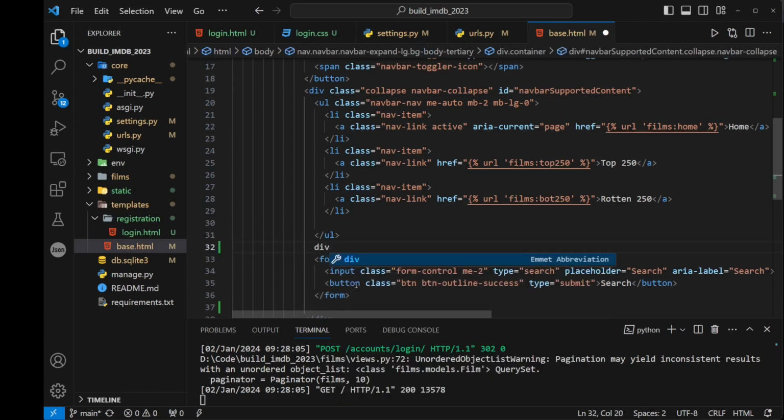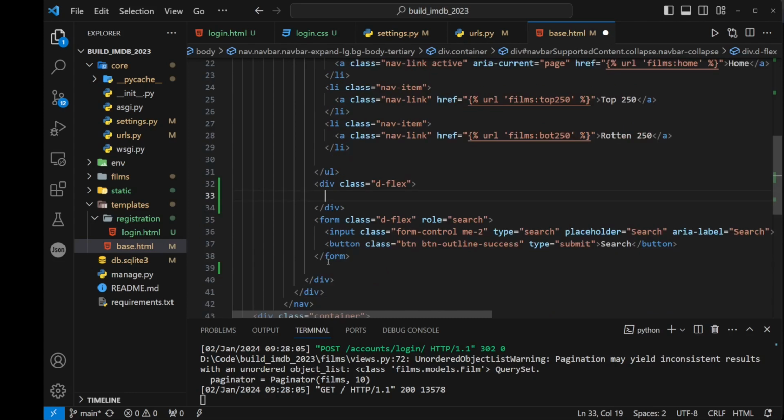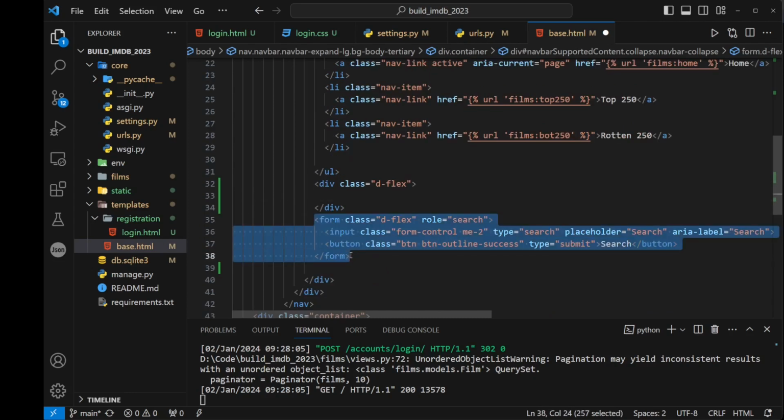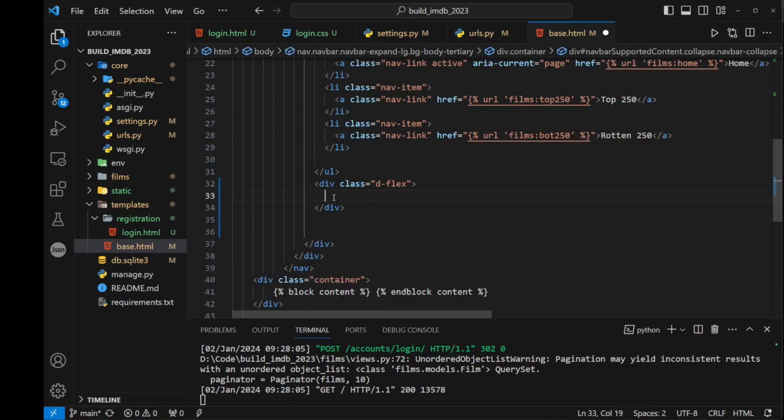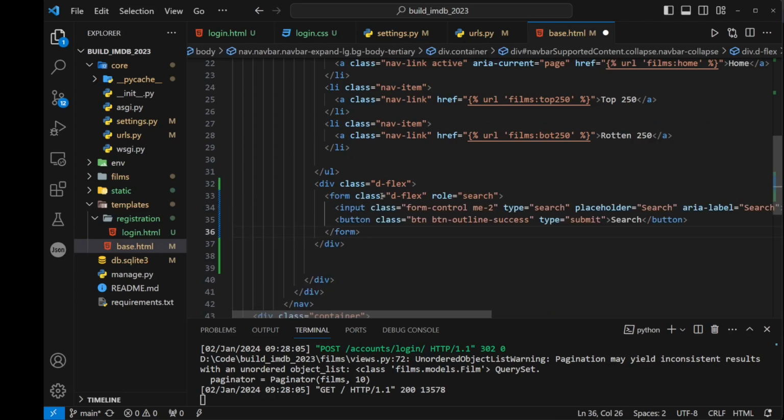So let's say div.d-flex. Okay, so I want my form to be in there, and I could probably now remove that for now. And then underneath it, now I want to throw my button in,